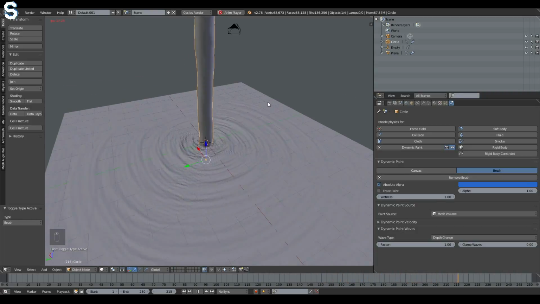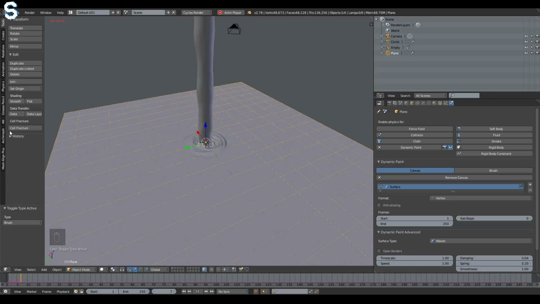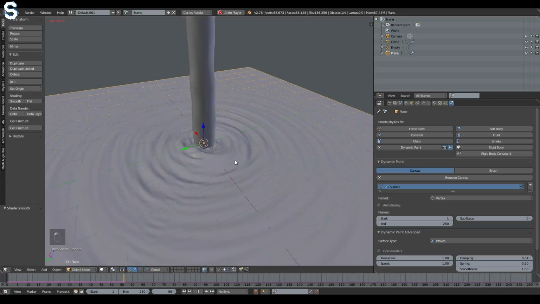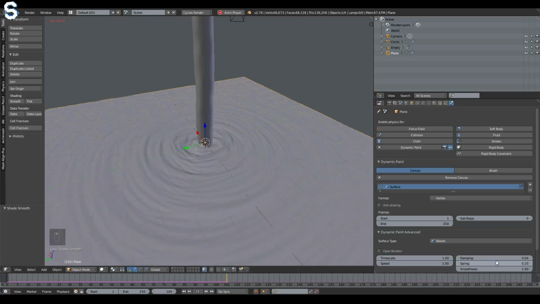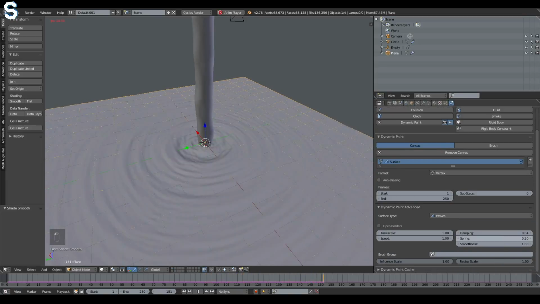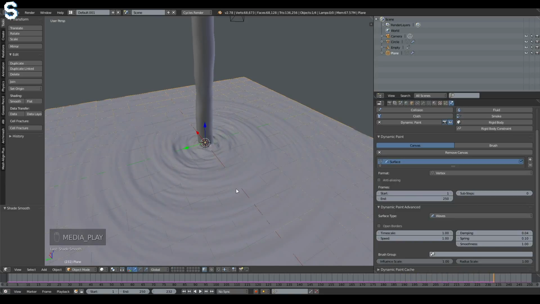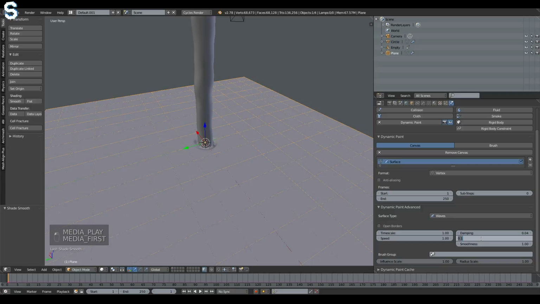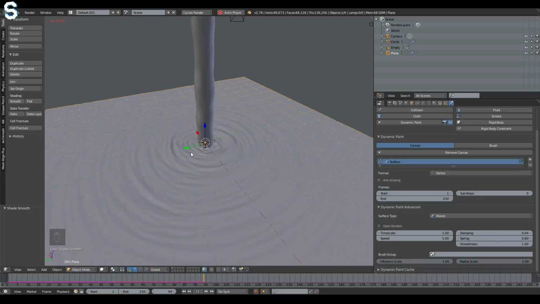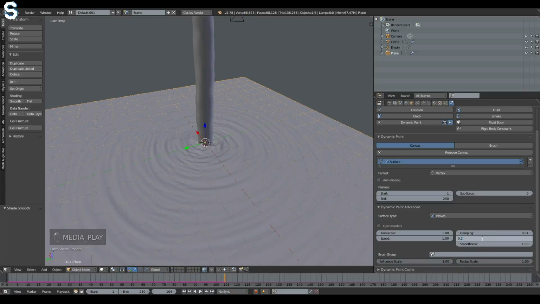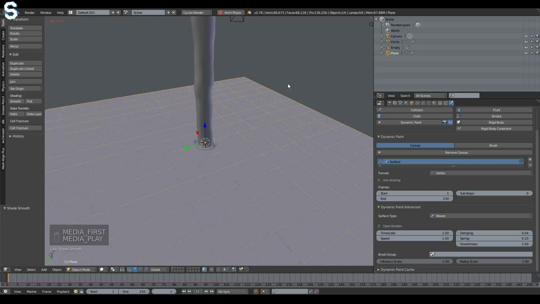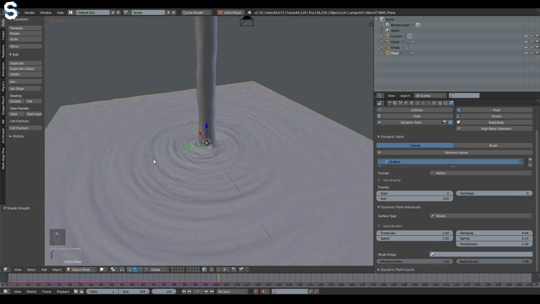And as a last step, go back to your water object, shade it smooth, and maybe down here play around with the spring value. That's basically the force which pulls back the water. So if you set this really high, you get these really small waves, and if you set it lower to something like 0.1, the waves get a little bit bigger. So that is also something you might want to